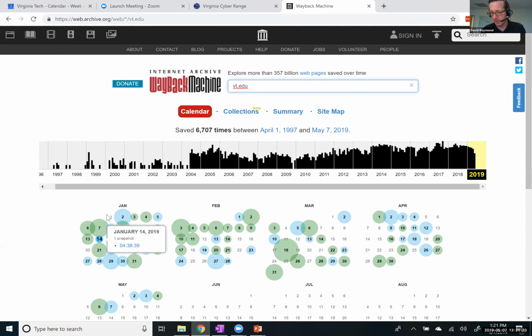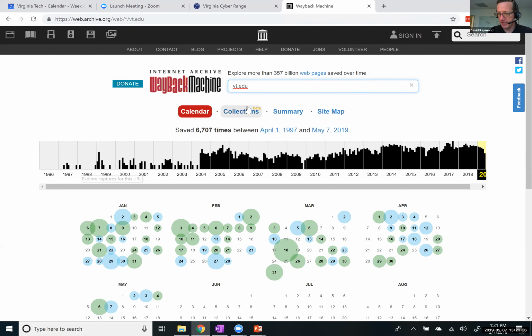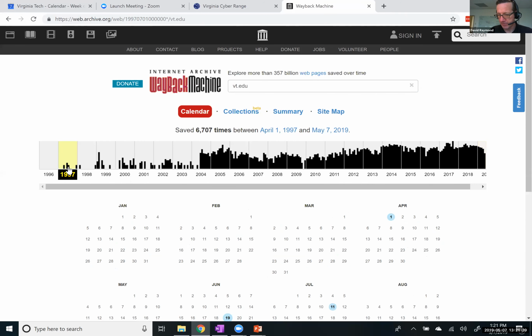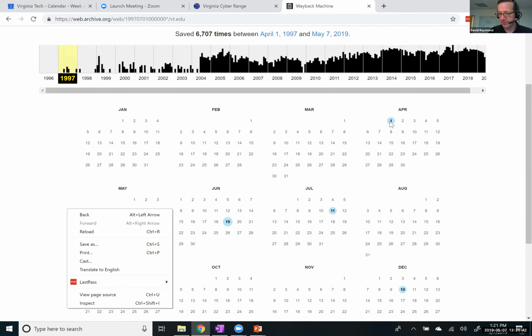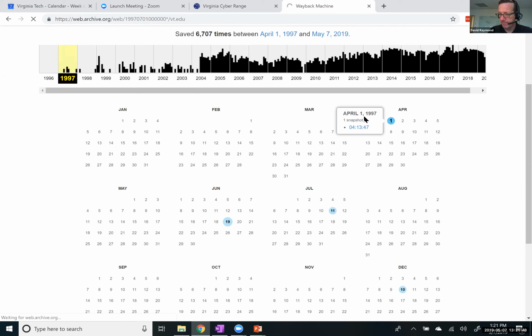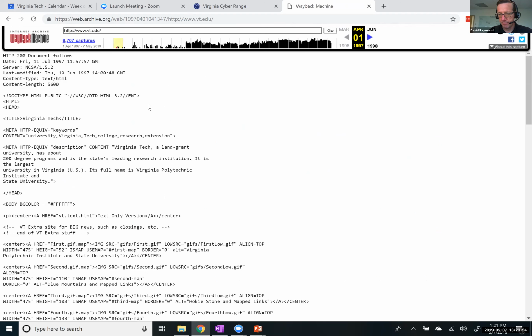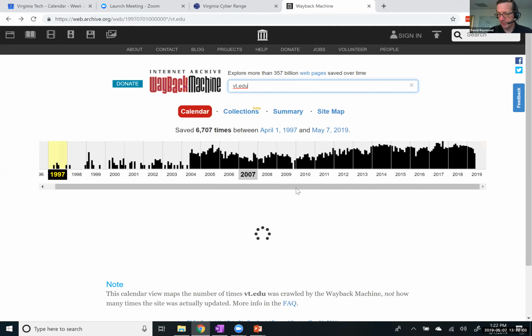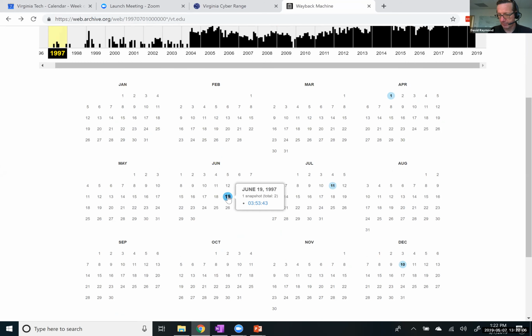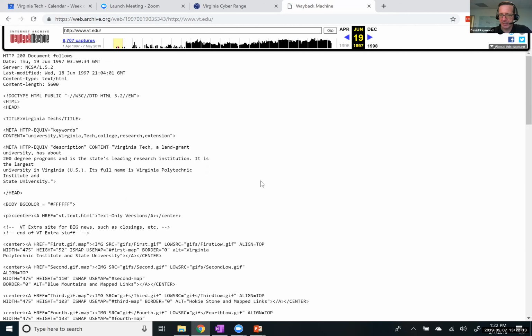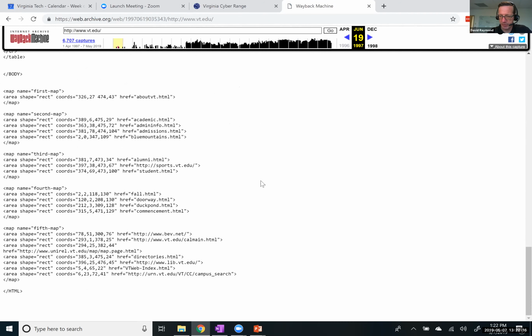Okay, so this shows me vt.edu web pages going back to 1997. So if I click on 1997, I can see the first ever archived web page for vt.edu is on April 1st, 1997. And if I open that up, oh, it's not able to render it. I guess this HTML is so old that it won't even render in my browser. That's kind of odd. So I'm going to go back and see if I can get to another web page, from a long time ago, June. Yeah, interesting. I'm not sure why these aren't rendering, but normally what you would see here is